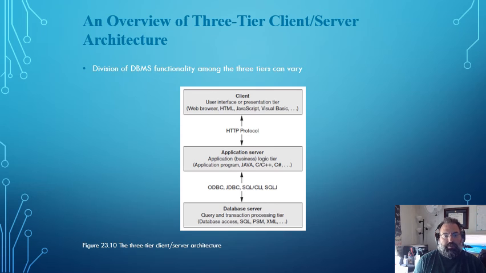An overview of a 3-tier client-server architecture. This is a common architecture, not necessarily related exclusively to databases, but the idea here is a division of a distributed database management system. Functionality among 3 tiers can vary. So you have a client, which is interacting with an application server of some sort, typically over some sort of HTTP or HTTPS protocol. And then you have the application server connecting to a database server, typically using ODBC, JDBC,